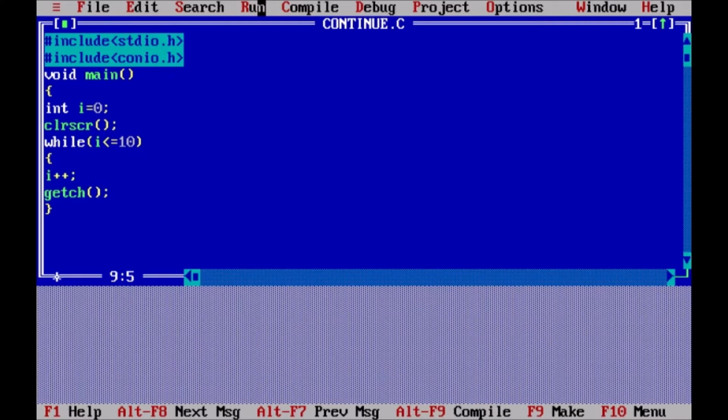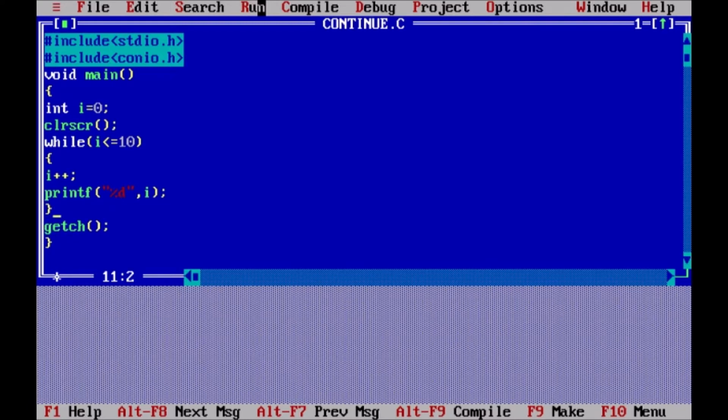My aim of writing this loop is to print numbers from 1 to 10 on the screen. Since I'm printing an integer, I'll use %d and I'm printing I. And I'll close this loop.